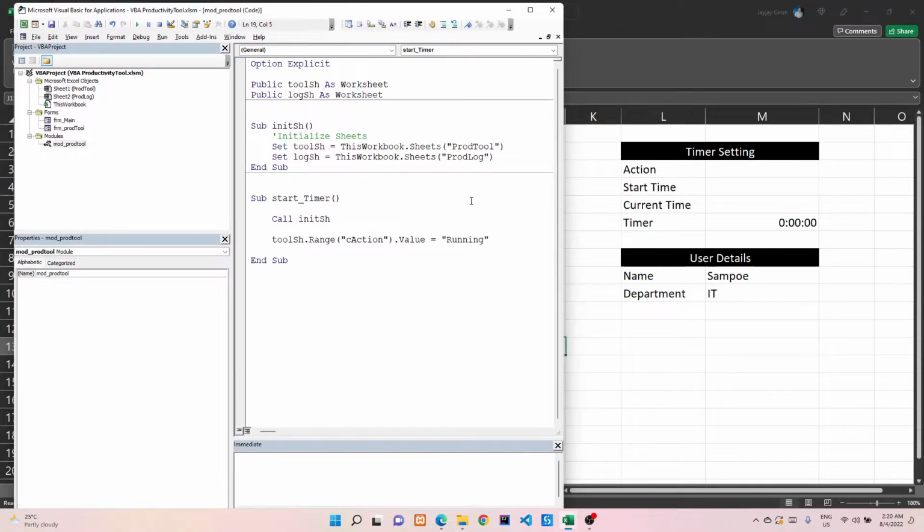All right, so here we also need to set the start time value. So we'll do tool sh dot range c start time, that value is equal to now. So based on your system time. And then next to that is,